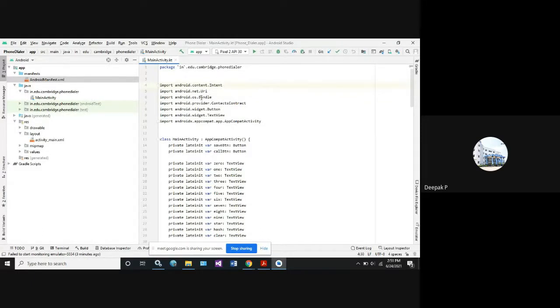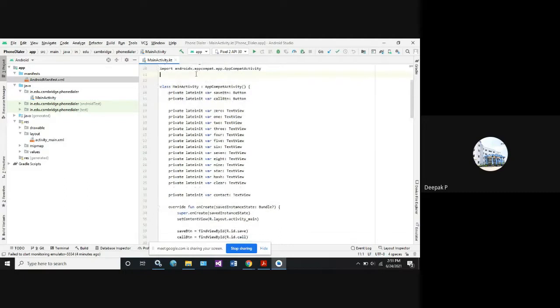Next, we have the Bundle feature to load the data. Next, we need to import the contract library from Android. This is important because we are building the application for the contacts field, so this is the library name specified in Android, called ContactsContract. Next, we need two buttons for it, so take the widget as Button, and to display the numbers, we have taken TextView. Next, for any application upgrade, there should be support for it, so for that purpose, we have taken AndroidX AppCompat.